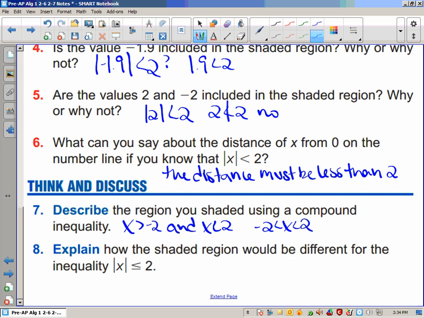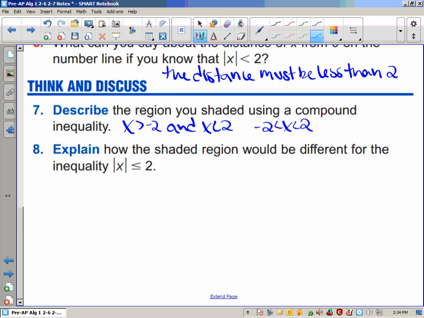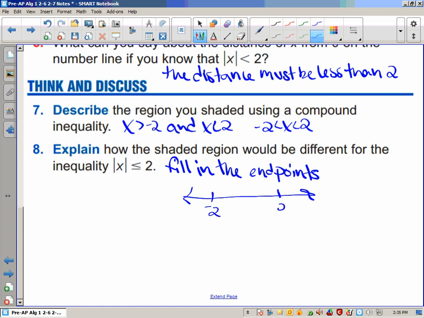Now here's an interesting question. How do you think the shaded region would be different for the inequality, instead of absolute value of x being less than 2, less than or equal to 2? Well, it's really not going to change it a whole lot. It's just going to fill in the circles, or I'll call it fill in the endpoints. So on our number line, we would have negative 2, 2, filled in circle, filled in circle,